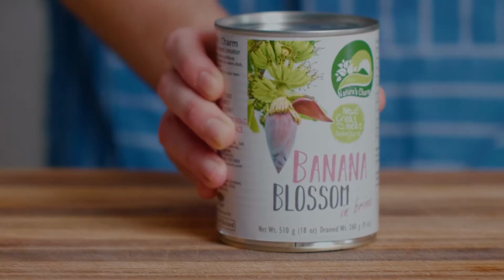To make our vegan fish, we're going to use these. Banana blossoms. Yeah, I know, weird, right? But bear with me. This is a trend from about 3 or 4 years ago. So as usual, I have my finger on the pulse. The advantage of being so delayed is that I can learn from other people's attempts and mistakes and make a more well-rounded, tested recipe. So we're going to do some research on the old